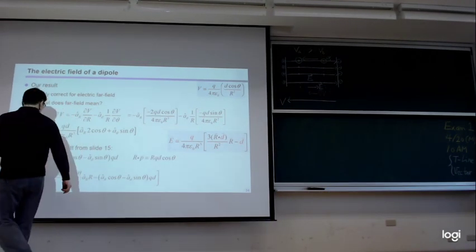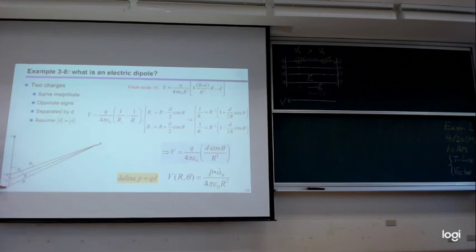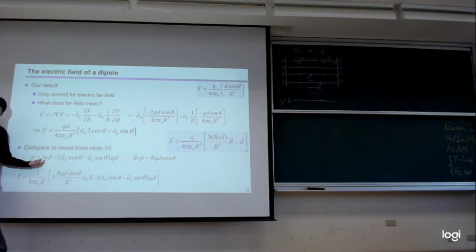This P, we can always define the dipole moment itself as a vector. It's in the z direction because now we have the dipole aligned in the z direction. You have the charge and you have the distance. So basically, the dipole moment is nothing more than the charge multiplied by the distance. And now you have a well-defined direction, from the negative charge pointing towards the positive charge. So this is the D vector. So Q times D vector is your dipole moment. Then the Z unit vector,